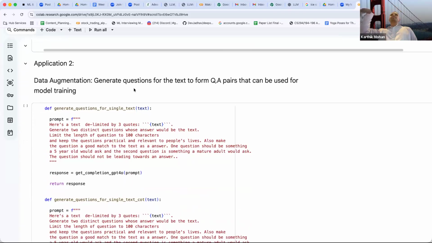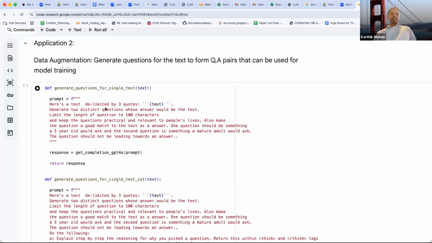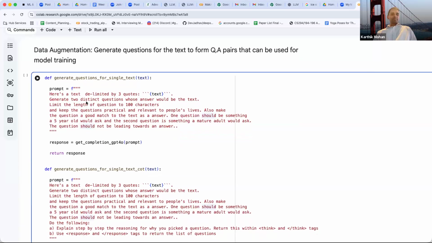So you're saying for this question, which quotation is more appropriate, right? That's kind of like the setup. So you can again have a prompt for that. You can say, generate questions for a single text. And here,